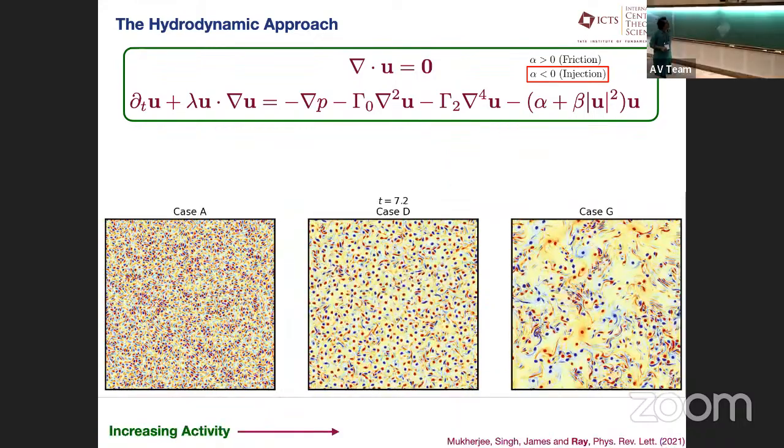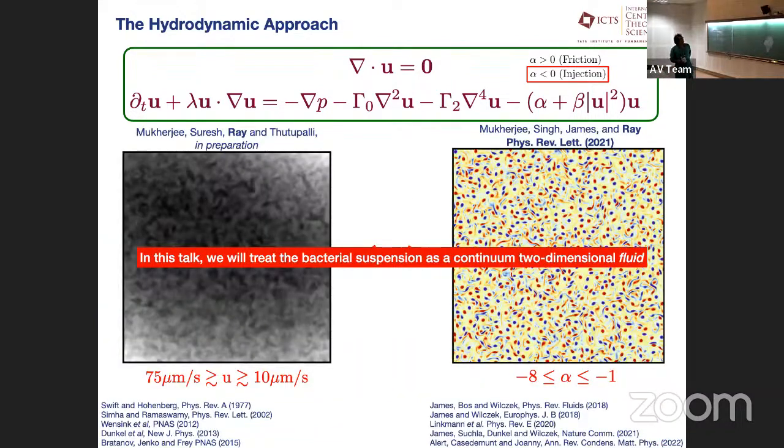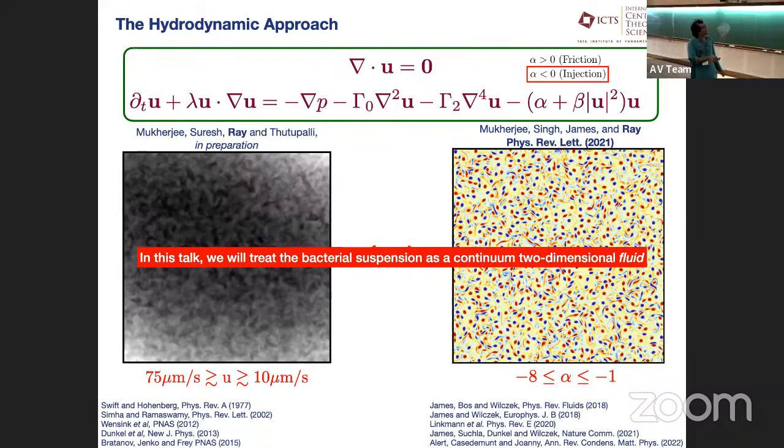Okay. So, just so that we have some sense of numbers for our theory, which is what the talk will be about, you'll see that I'm going to vary alpha, the only thing that enters our game, which is the degree of activity, from -8 to -1. What we know is that it roughly corresponds to typical swimming speeds between 75 microns per second to 10 microns per second. Those are the range of swimming speeds that experimentalists have reported across a variety of papers. But I'll come to those comparisons in a bit.